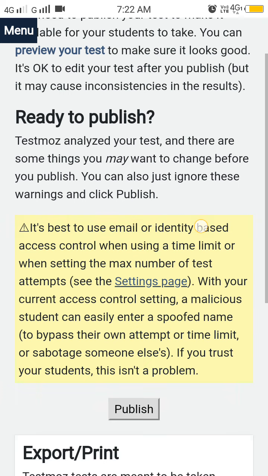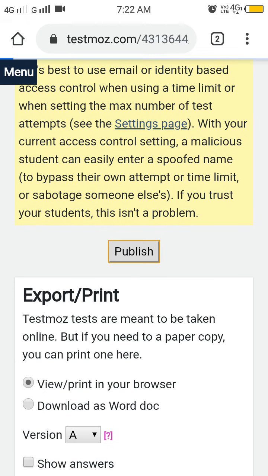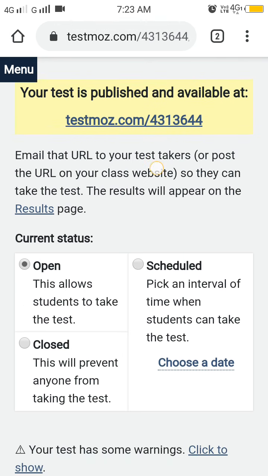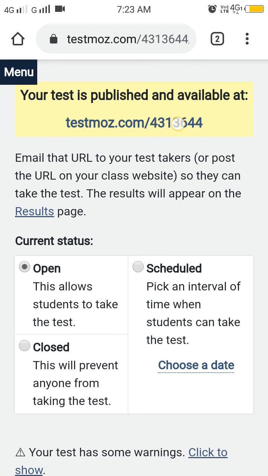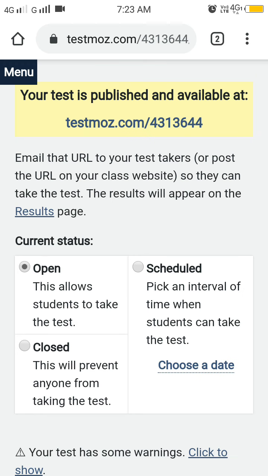Okay, scroll down and click on publish. When you click on publish, this URL will be created for your test. This URL you have to copy. Just click on that, click on copy link text, and the link will be copied.